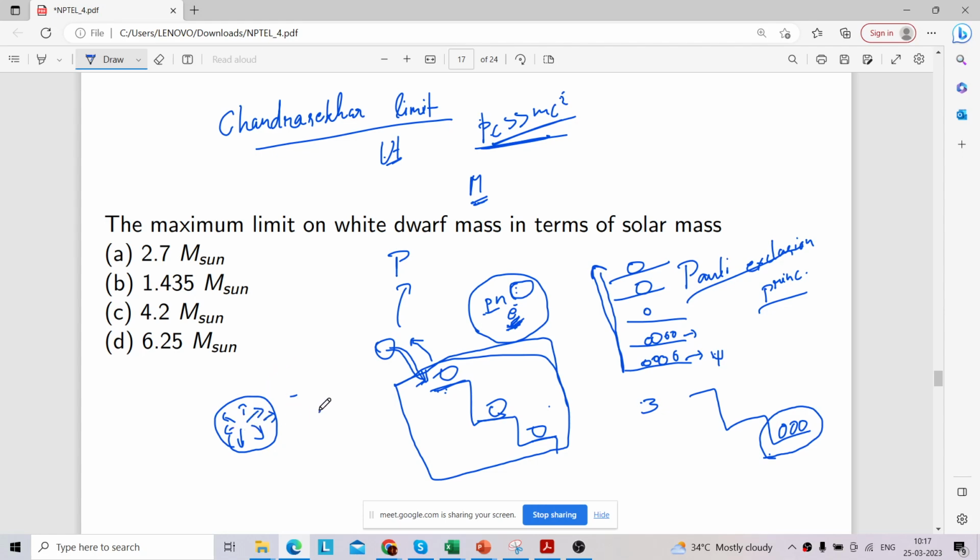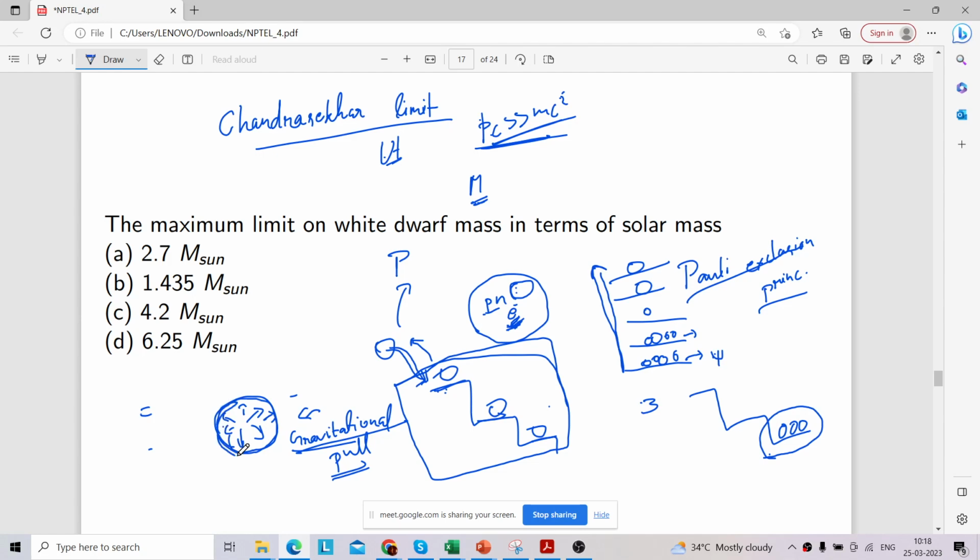So it has some gravitational pull. The particles attract each other through gravitational force. So this gravitational force and this outward pressure balance out, and at some equilibrium point